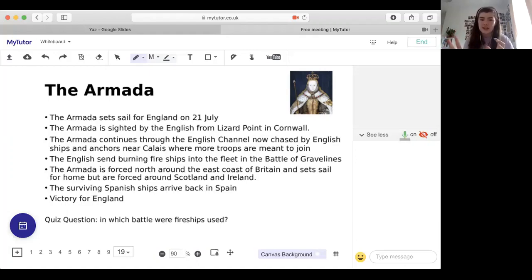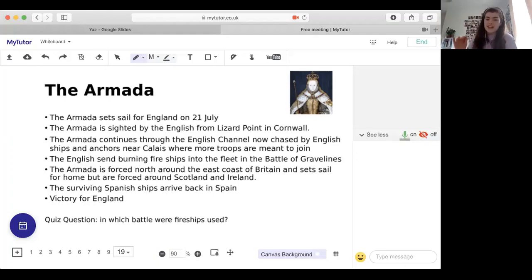So I should just clear this up. The Battle of Gravelines is the fire ships going in when they dock at Calais, and then also the close range warfare between them after they're blown onto the sandbanks. The English then use fire ships again to great effect. Fire ships, just for clarification, are boats loaded with gunpowder, which are then set on fire and directed towards the enemy. They don't have any people on them, but they're just sort of set alight and sent on their way.